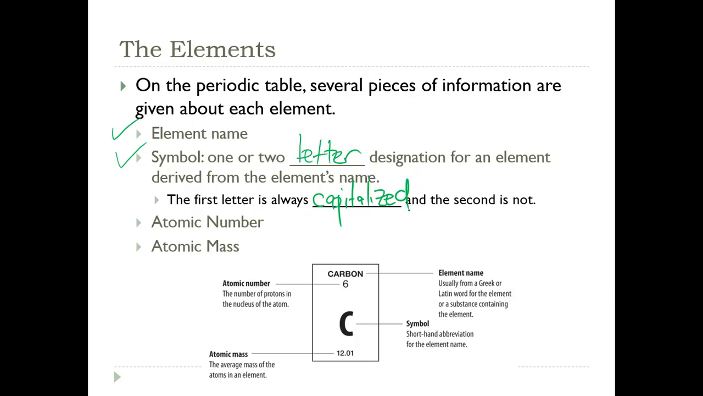and the first letter is always capitalized if there are two letters. So the first one is capitalized and the second one is not. Or if there's just one letter, then that is capitalized. And we talked about the atomic number, which is the number of protons. And we said this is the order by which the periodic table is arranged. So in order of increasing atomic number,